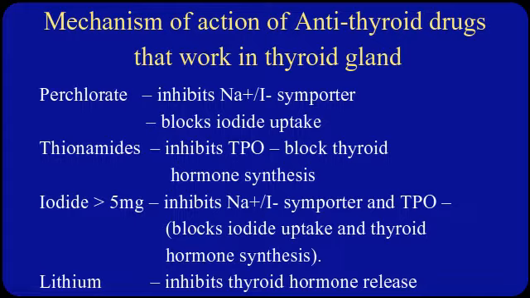Thionamides inhibit TPO and block thyroid hormone synthesis, while iodide in a concentration of more than 5 mg inhibits the sodium iodide symporter and TPO both. So it blocks iodide uptake and thyroid hormone synthesis at both levels, while lithium inhibits thyroid hormone